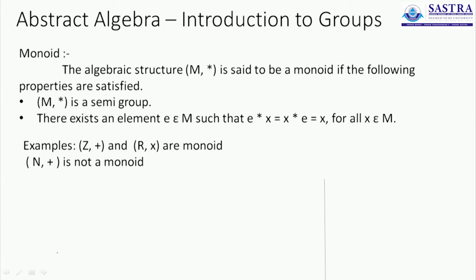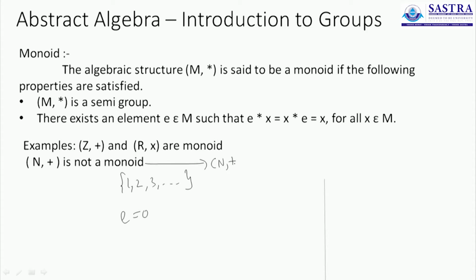When you consider the set of all natural numbers under addition, the set starts from 1, goes to 2, 3 and so on and so forth. Since we are operating with addition as the operator, the only special element that can exist is 0, but 0 unfortunately is not part of the set that we are considering, and therefore N plus is not a monoid.